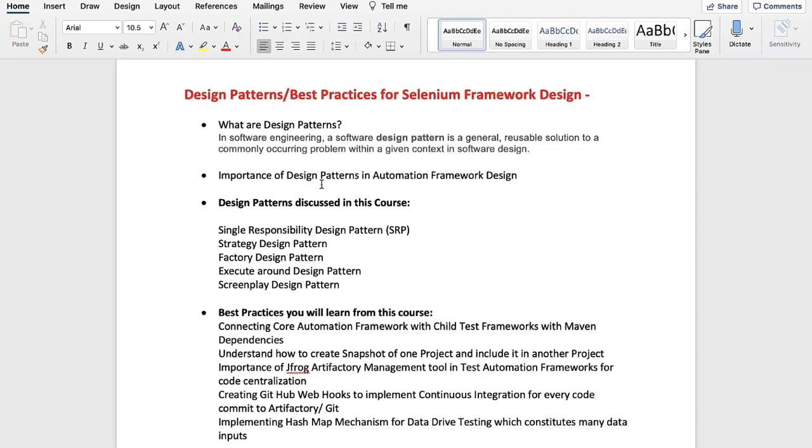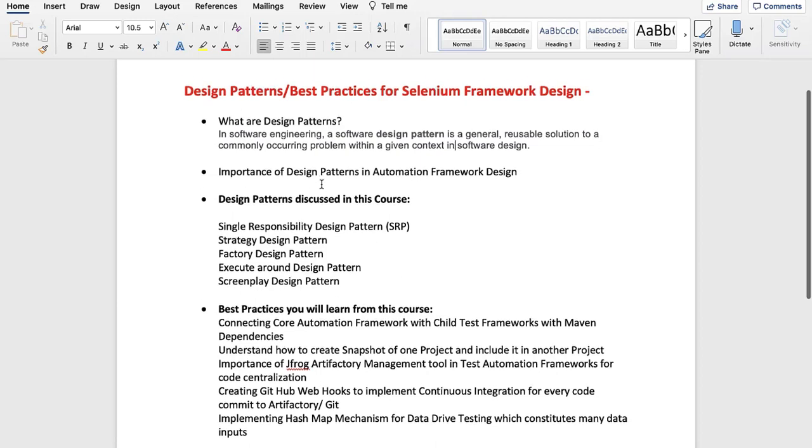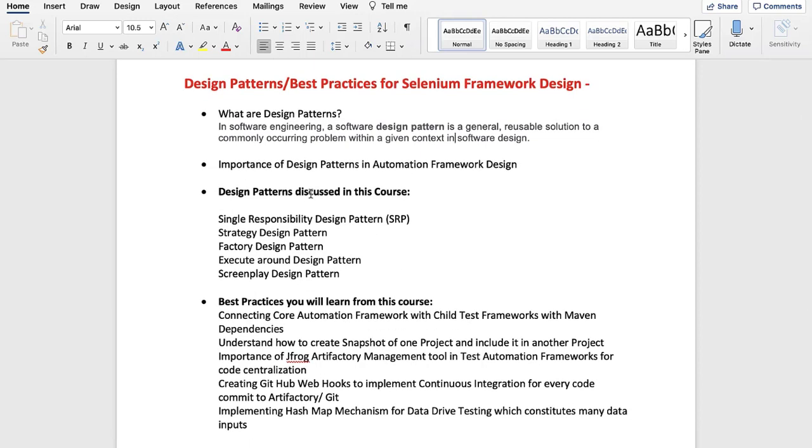There are hundreds of design patterns available for Java, but there are a few which will nicely suit automation frameworks. Not every design pattern available in the market can be directly used for frameworks, at least test automation frameworks. For UI and backend test automation frameworks, there are some design patterns which are really useful and make your framework more optimized.